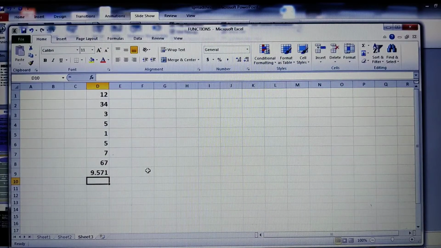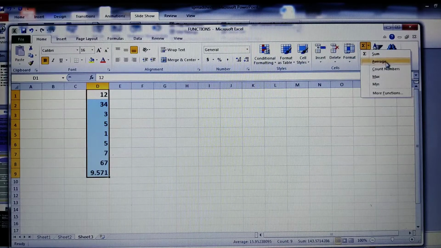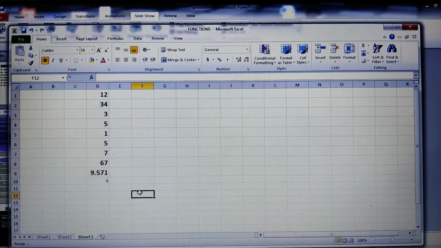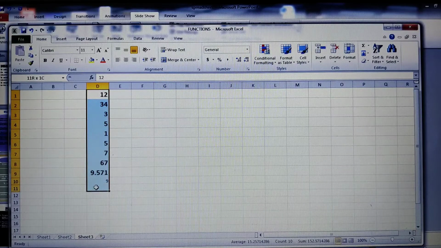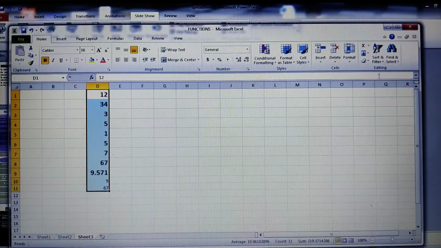See, 9.571 is your average. Now you want to count how many values there are. So you just click on the AutoSum option again, Count Numbers. The very next you will get here, it is 9. Clear? Similarly, I want to know the minimum and maximum value. Click on Maximum.